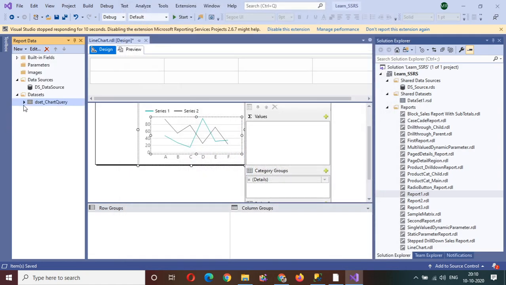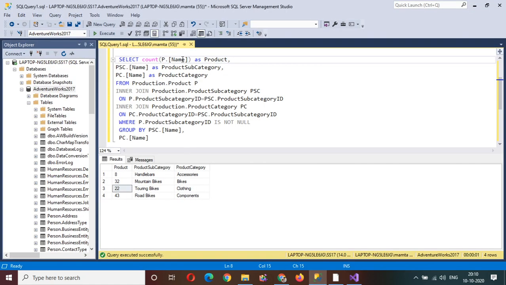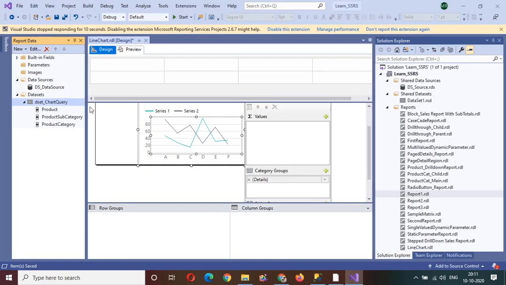Then these three fields will be available here. Earlier this query was not returning any field, because of the count and the group by. That is why the SSRS report was not detecting these fields. We want these fields to be detected so that we can use them in the values and category groups.